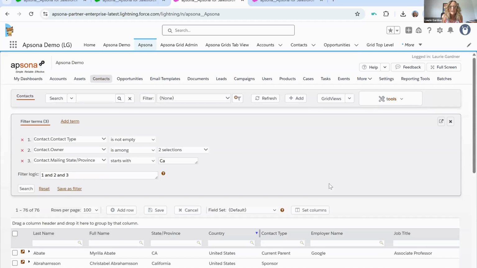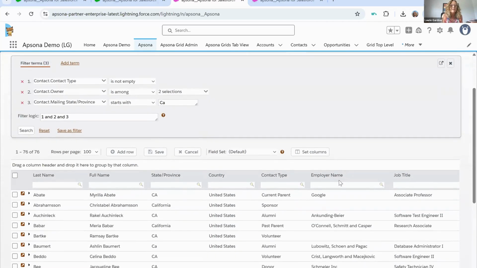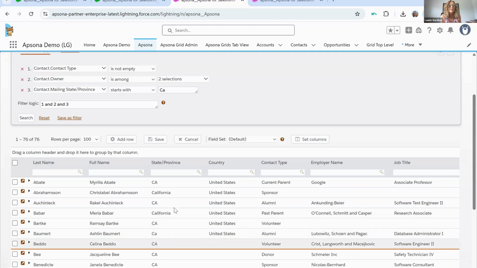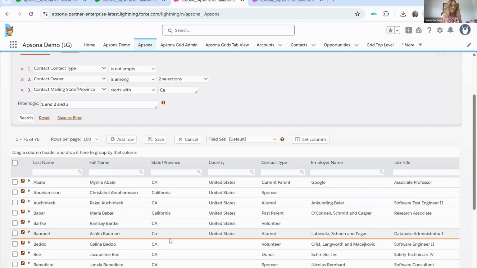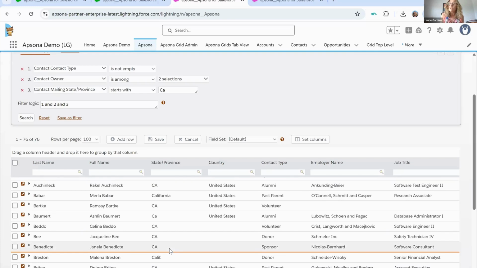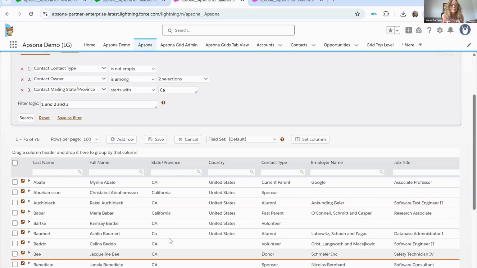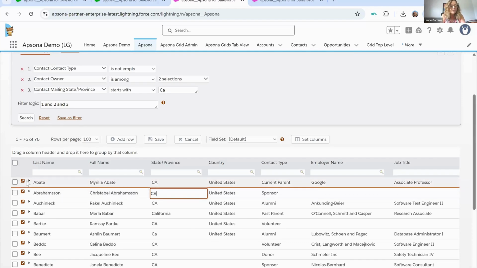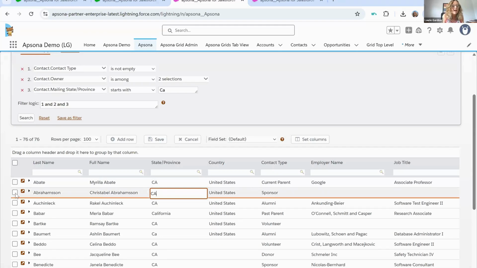And let me also just point out, what I'm looking for here is I noticed that we've got some data inconsistencies. So I want to make my state data consistent. I noticed that California has some interesting values. According to our internal data standards, they should all be the abbreviated state, the state abbreviation. So I could just click into each of these and backspace and fix it, or I could check each of the ones that are not correct,